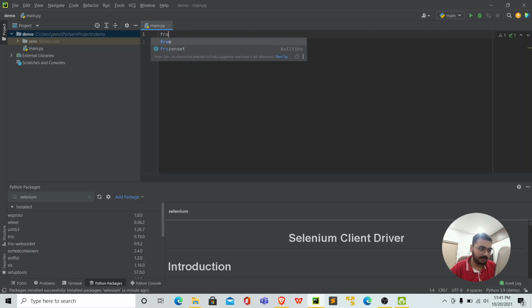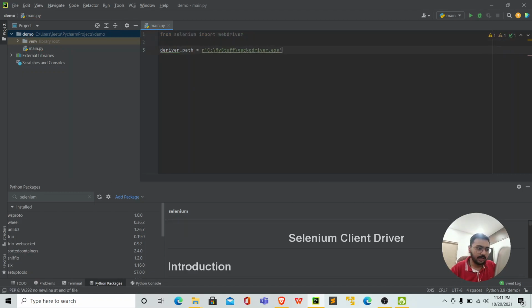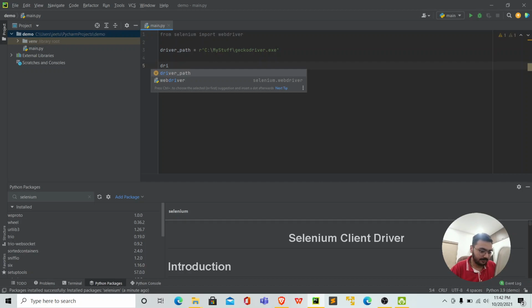So what you need to type is from selenium import webdriver, and yes, now we are good to go. Now just a second, I just spelled it wrong. Driver path, you can go something like this. Then finally, for setting up your driver, driver is equal to